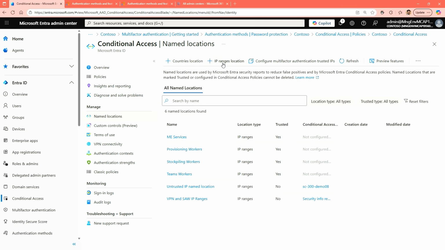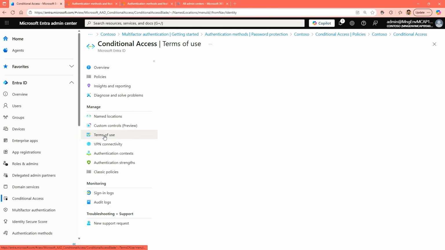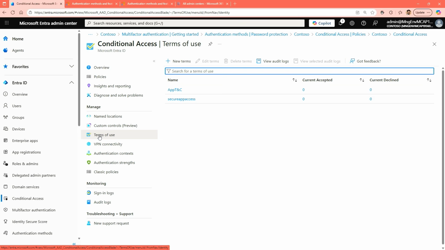Again, you can base them on your IP address. You can base them on country locations. So you can define if traffic coming from a particular country is allowed or not allowed. You can configure them as part of your locations in your conditional access setup right over here. Now, apart from that, in my policy that we've just created, we created a terms and conditions, or terms of